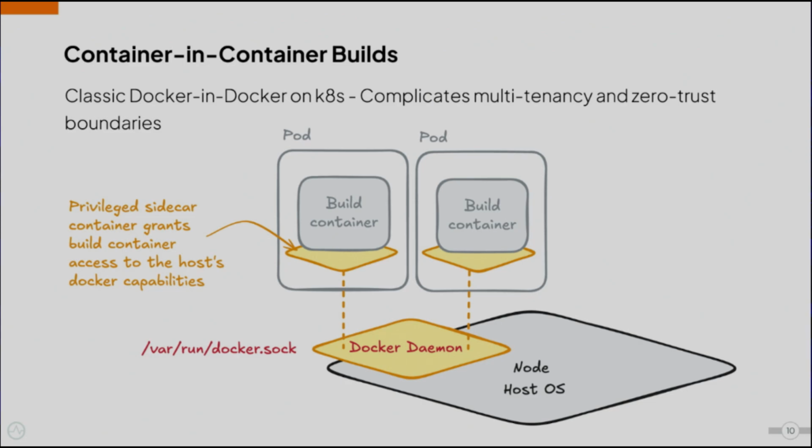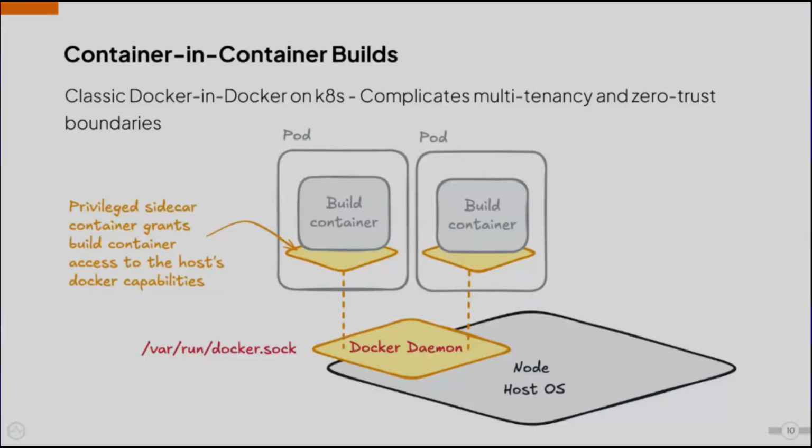For the longest amount of time, this is how we had to solve it. Basically, we can't run a Docker daemon inside of a container because it requires too many privileges and capabilities that are only found in the host operating system. So you run it in the node on the host operating system, and then we put a sidecar in the build job, and we make it a privileged sidecar. What that does is it allows the Docker client running the Docker build inside the build container to use the Docker daemon that's on the host node.